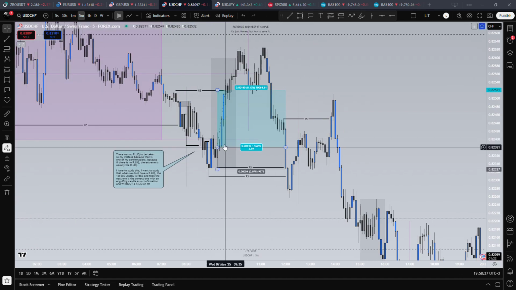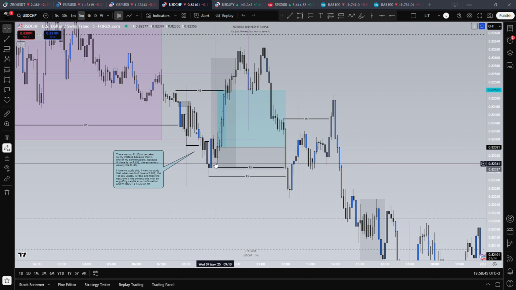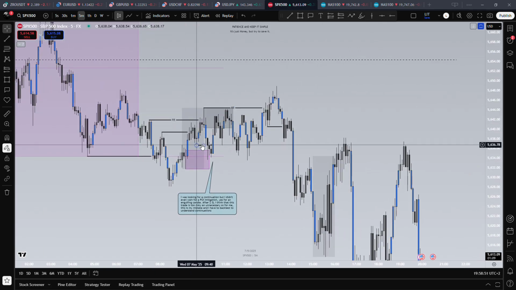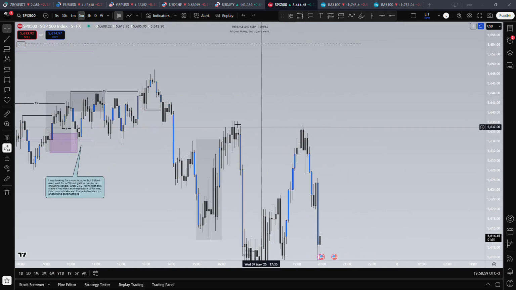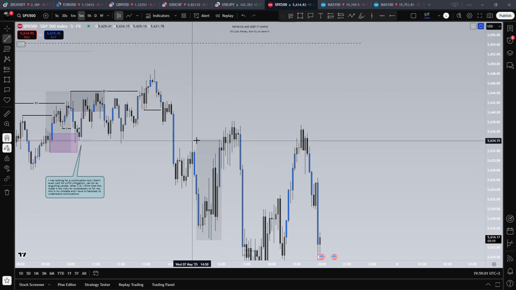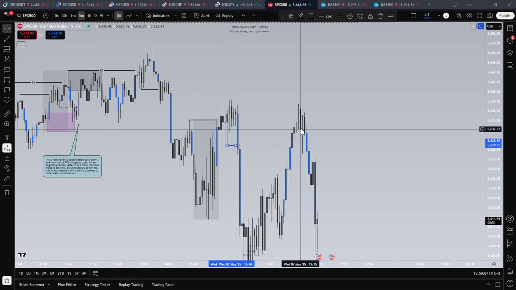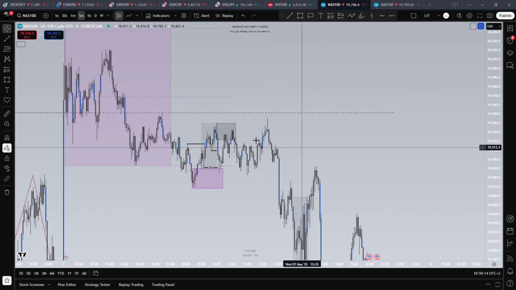USD CHF. Okay, the movement was with the second break of structure because the first one didn't have relevant liquidity on M1 and the second one either, but it is like a fake break of structure. Okay, so the correct one was this one. This was the fake one, and then it went down. Had this break here, and this break here, and yeah, nothing else. I think the target is at least here.